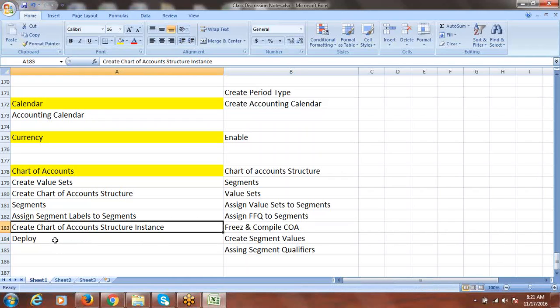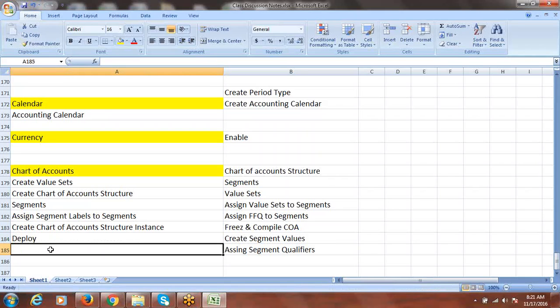We'll get more information on that when we are doing it in the system. You can see how we are doing it, and then and there you can understand a few points. Still, if you have some confusion, we'll be discussing it. So in EBS we compile the chart of accounts, but in Fusion we'll be deploying.